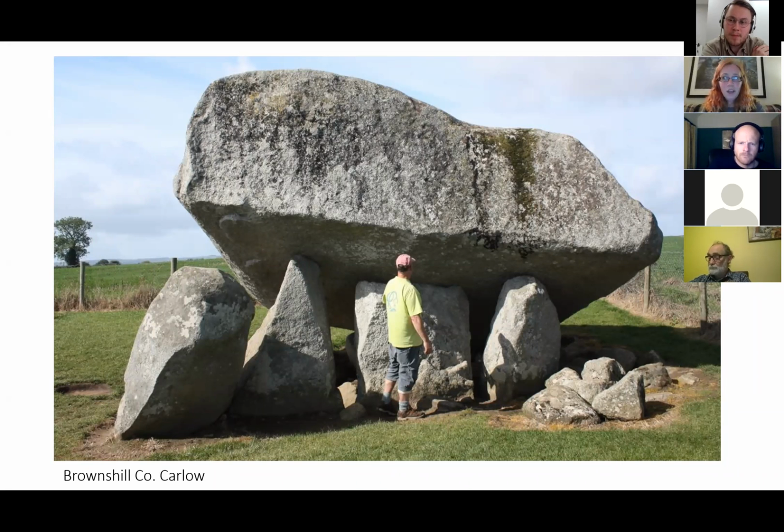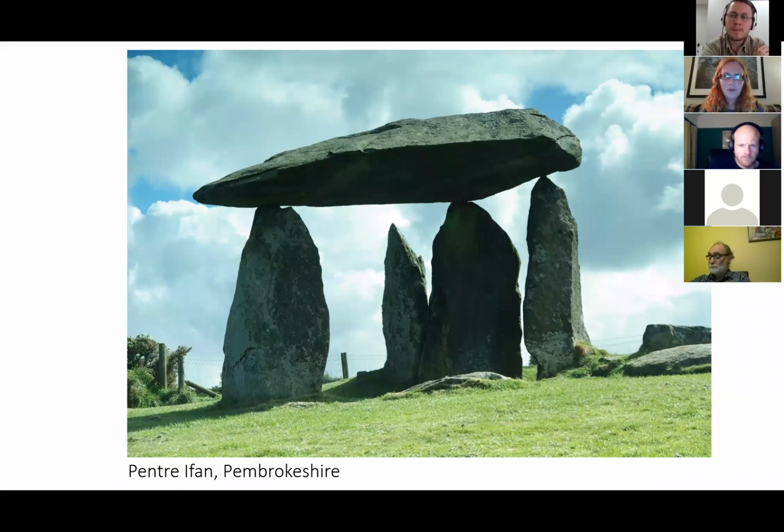Now, it's not just a big stone that was required in these monuments, it was also about the presentation of these stones. And this is the iconic site Pentre Ifan in Pembrokeshire. And you can see that it's not just about lifting up a big stone, it's also about presenting that in a very specific way. So in this instance, you can see,